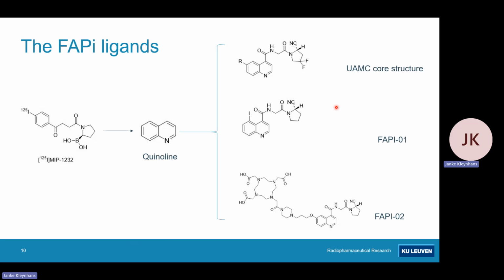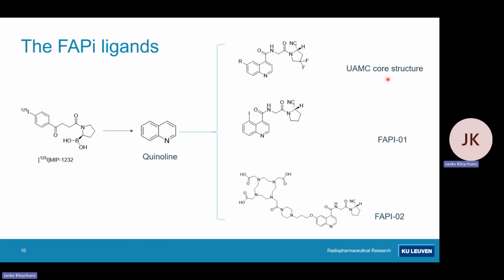So this is where I come in to tell you the different structures. If you look at the MIP1232, that was the first FAPi targeting ligand ever investigated, but the choice was made to move over to quinoline derivatives. And so UAMC was developed at Antwerp University in Belgium. And this was the core structure for further